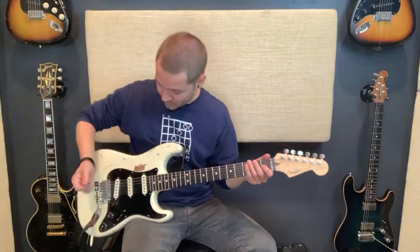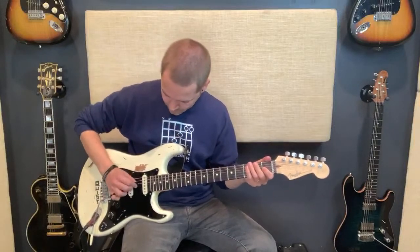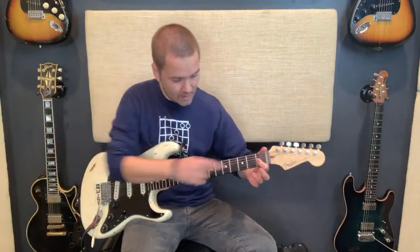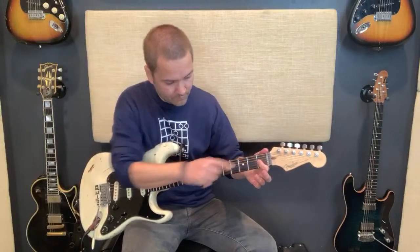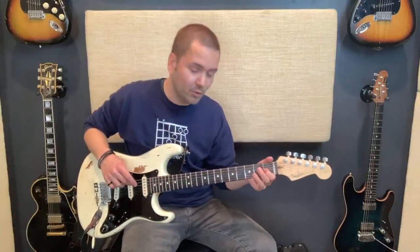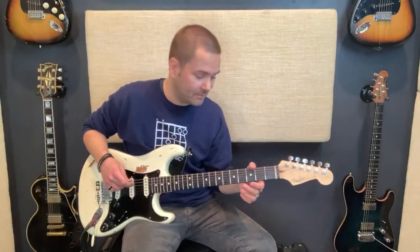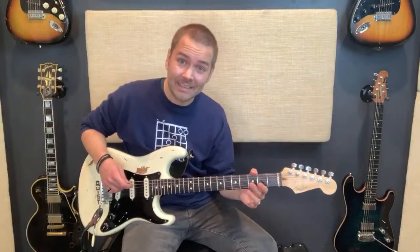So there's really three ways. There's the palm, there's hitting it softly with your thumb here, the picking thumb, and there's touching the D string with your first finger. So there's many ways that you can mute strings. The point is that you want to be aware of that, and it can take a really long time to code in little moves like that. But if you do it really slowly, it gets coded into your brain, and that way